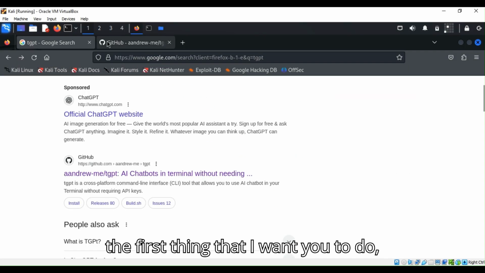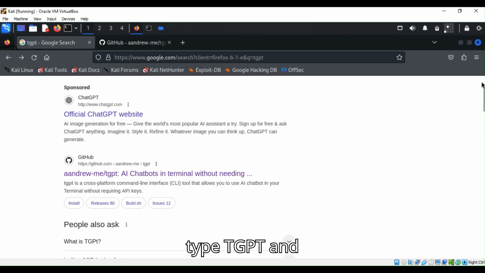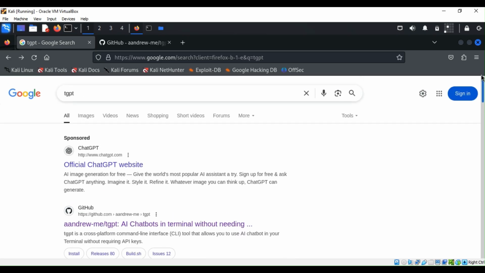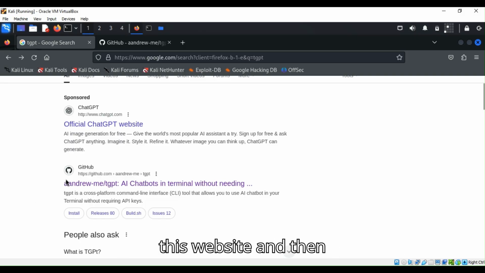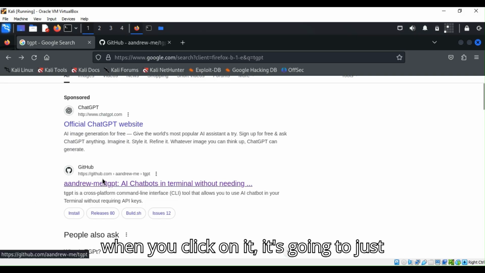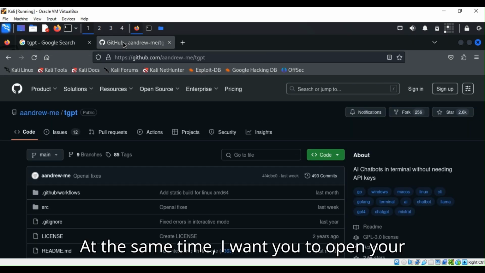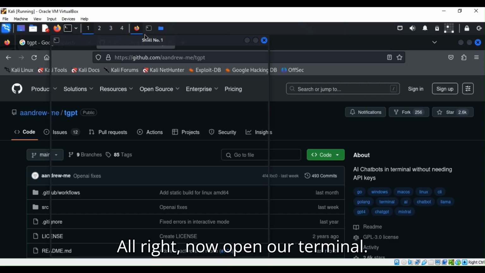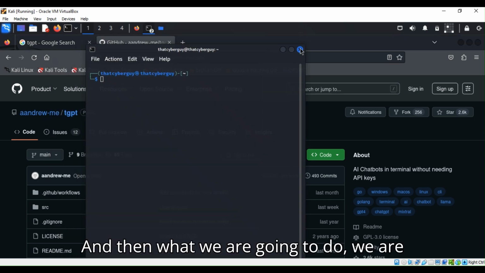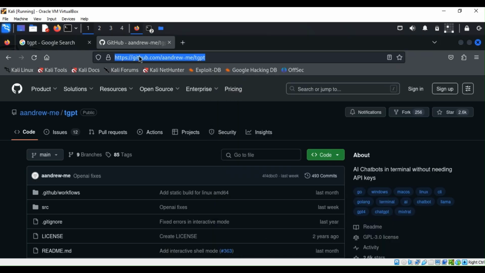The first thing that I want you to do, you can go to Google and then type TGPT, and then you're going to go to this website, and when you click on it, it's going to send you right here. At the same time, I want you to open your terminal. All right, we're going to open our terminal, and then what we are going to do is copy this URL first,